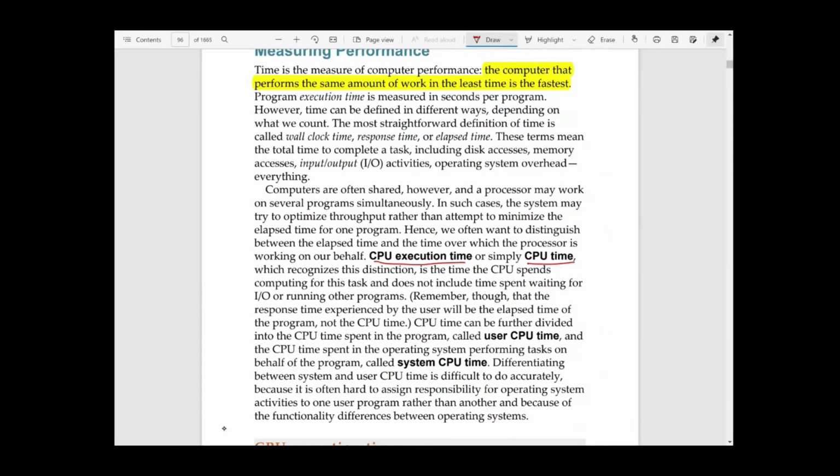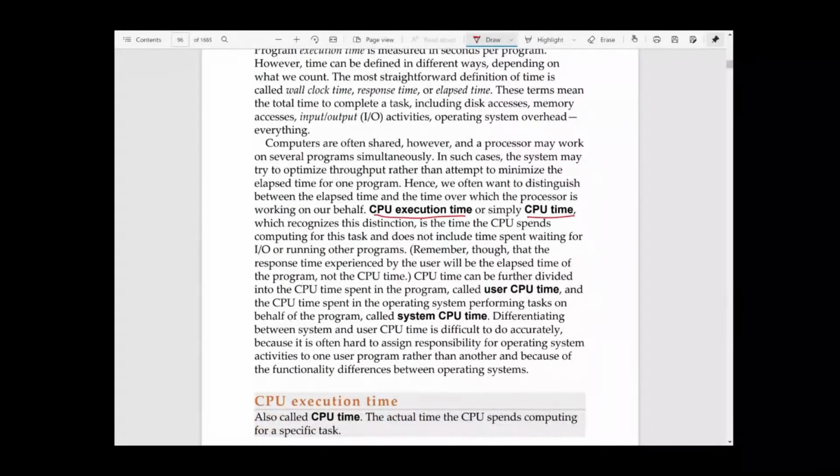This is the actual time when the CPU was executing the program. It was not idle, waiting for the input output and all. So that is important. Okay, so I think in last class I've also explained the term called CPU time and